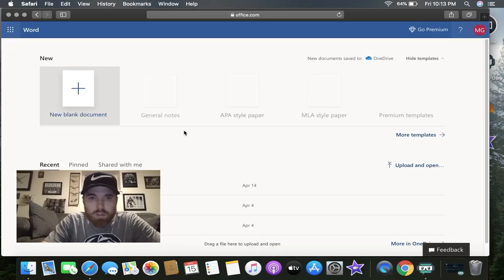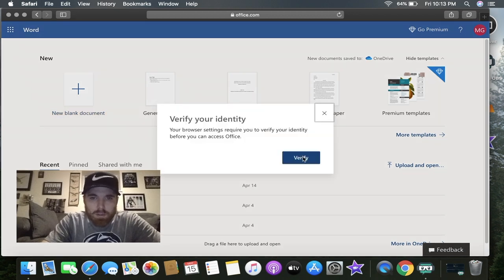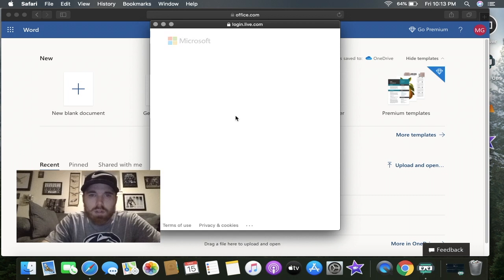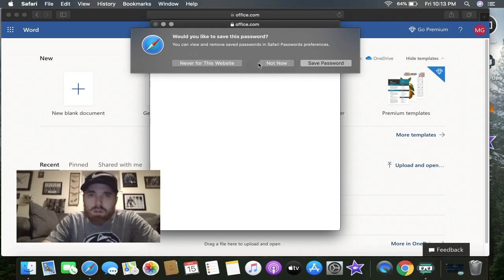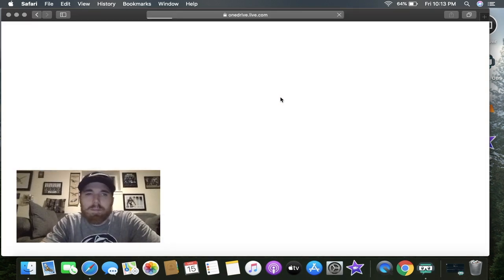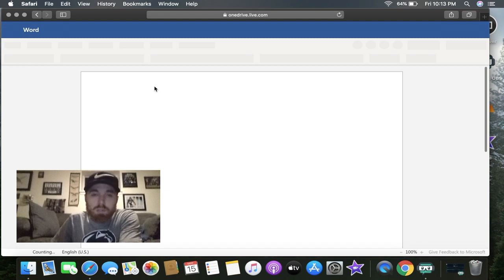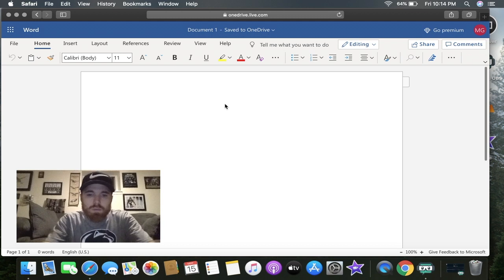If it's Word, you can do new blank document. And it's going to have me log in one more time. So bear with me. Alright, so I hit new blank document, and then from here I can just make a new Word document like I would if I owned the Office program. So I can do, test document